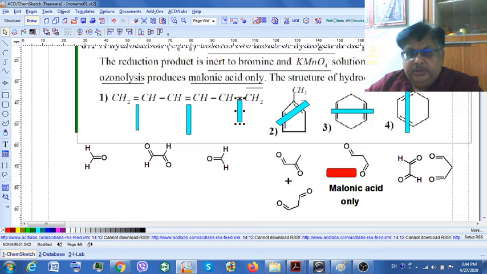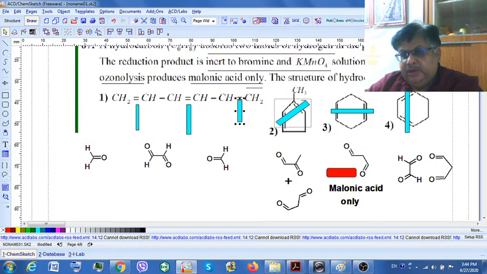In the second compound, it's again an unsymmetrical compound. Wherever blue I have shown, that area the bonds are likely to cleave and the products are below. In the third case, where I have highlighted that blue bar, that is where the double bonds are likely to cleave and you get malonic acid. Remember, you get one product only, and the question says single product. And in the last case, this bond breaks up and you get 2 products.